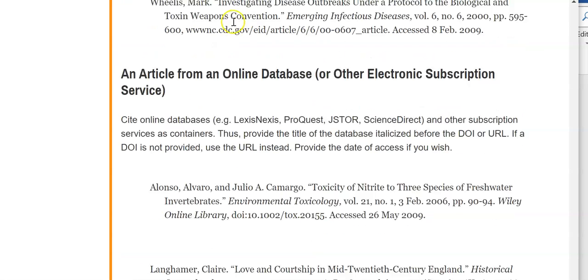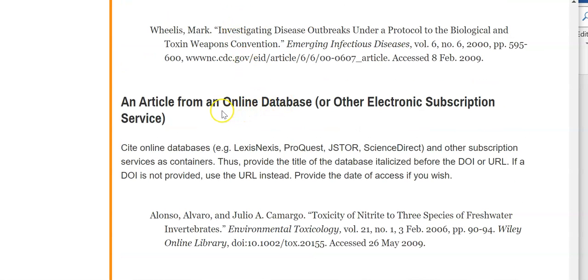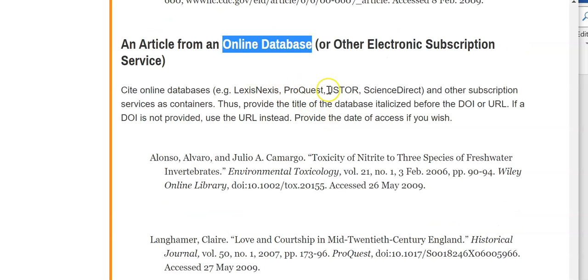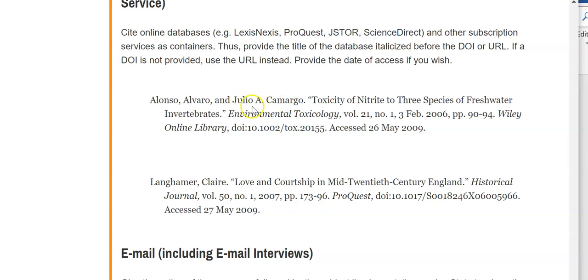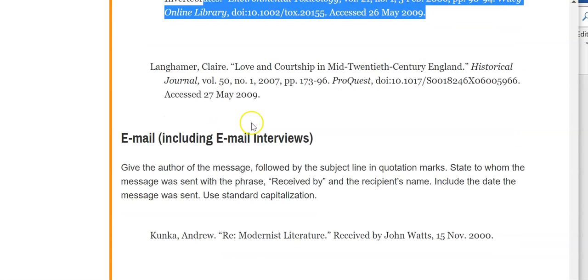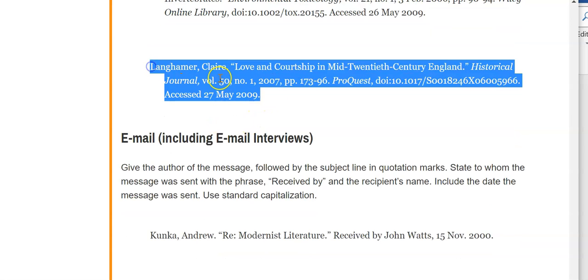If you're using an online database, like if you went through the university website and used a database like JSTOR, ProQuest, or Science Direct, then you would include that information as well. So here's an example of that. Here we have last name, first name, the title of the article, the journal's name italicized, volume, issue number.